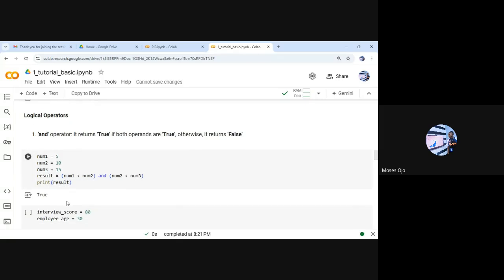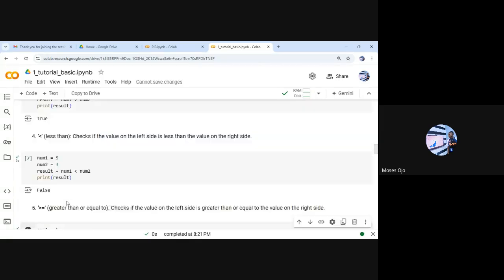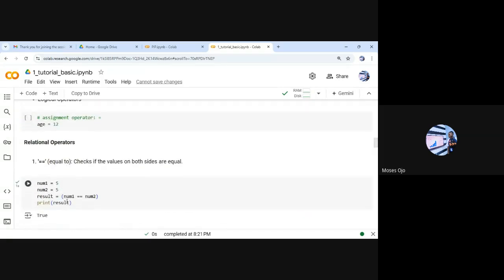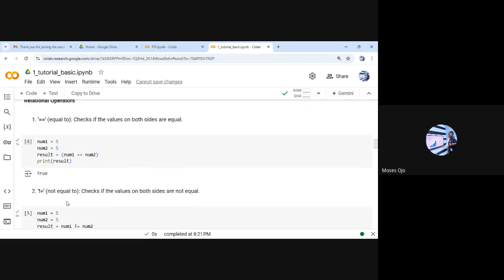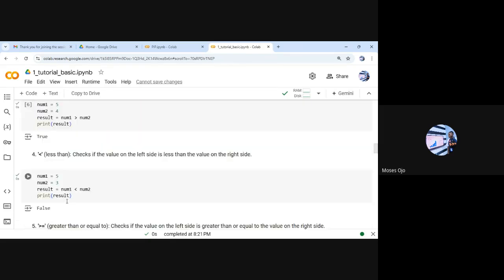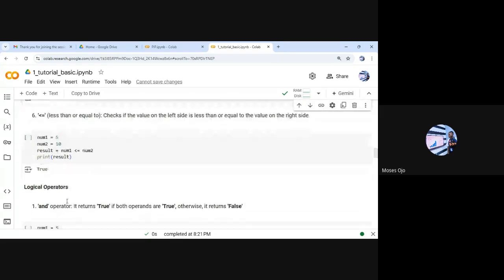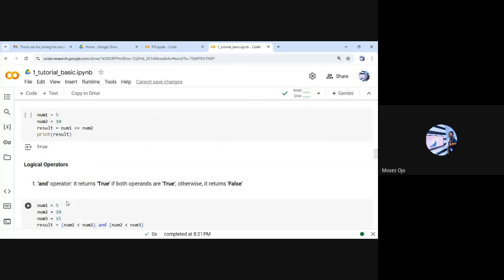Now we started with relational operators. We try to compare values. Now we are through with relational operators. We need to go to the next one, which is logical operators. And this one has to do with and